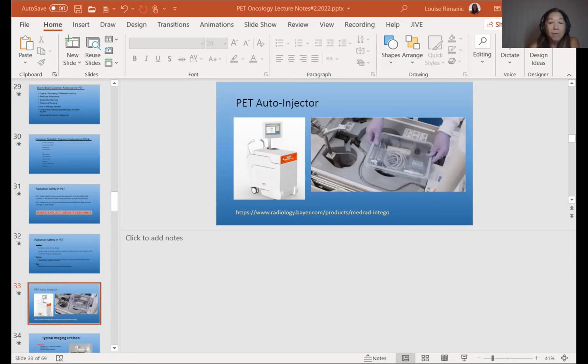The dose is weight-based, 1.8 to 2.2 megabecquerels per kilogram. As I said, patients are injected, and then the imaging is performed 60 minutes later. According to current AUC, so AUC means appropriate use criteria. These are guidelines that are set out for medical professionals to know which tests have the best evidence for